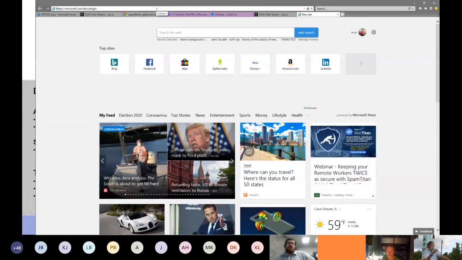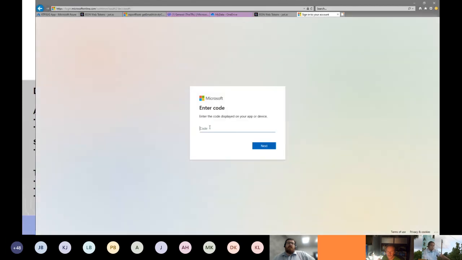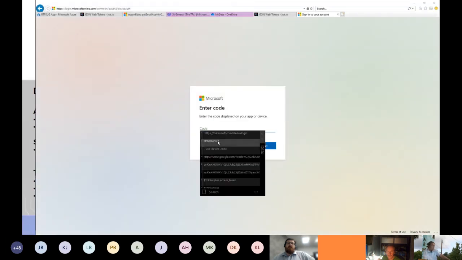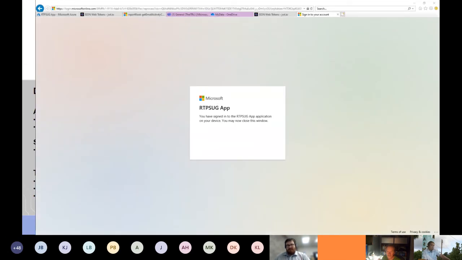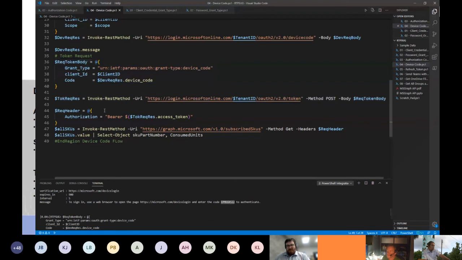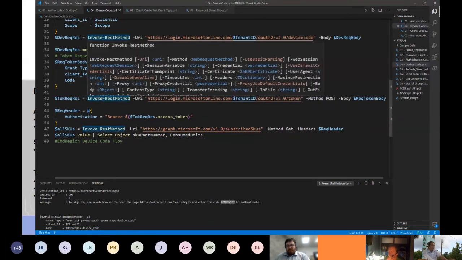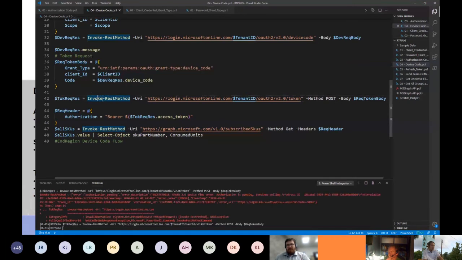Hey, where'd you go? Okay, and put in my password or the code. Authenticate. Now you're authenticated. So going back to my code or my PowerShell script, if I request,